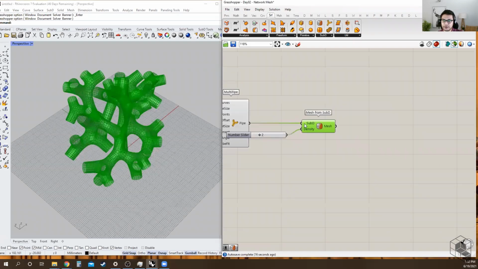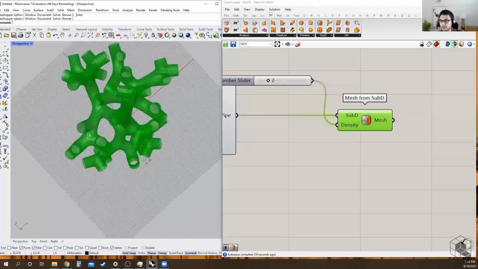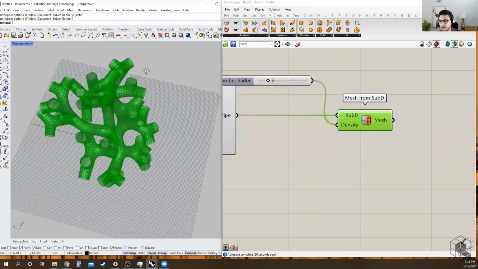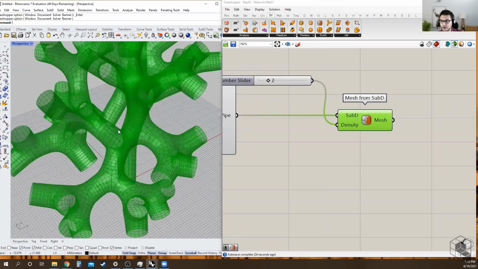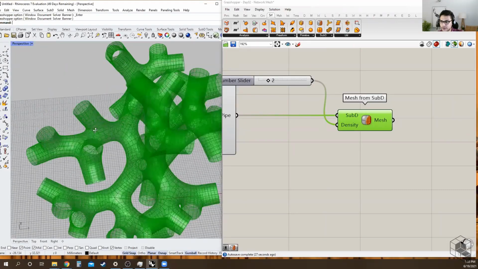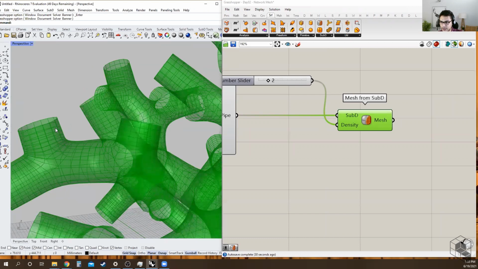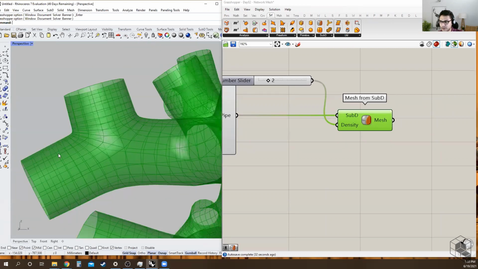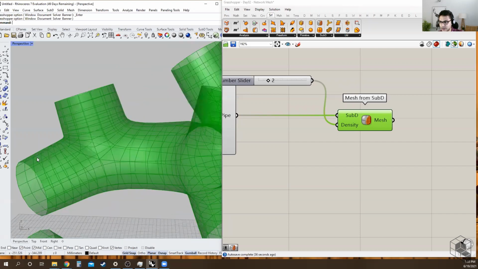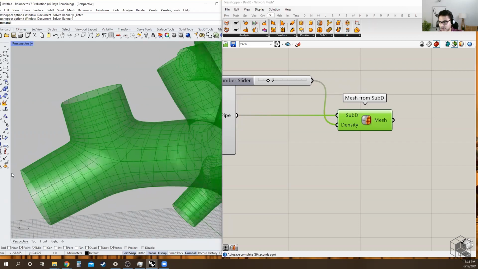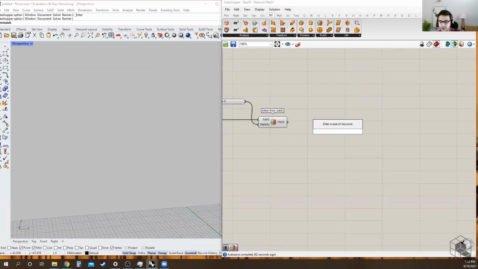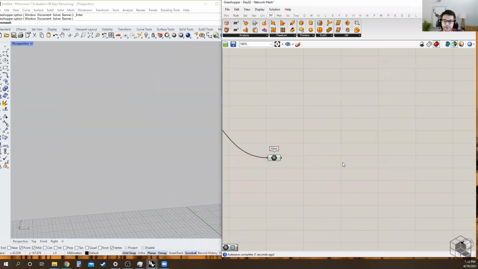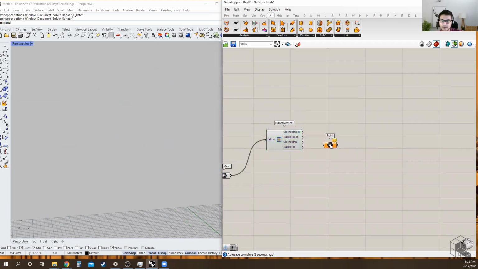Now, once you have this, you may choose to just take this and proceed with this, or what I like to do as an additional step is to anchor the edge points and relax this model further, just so that all these edges, they are not like over here. If you see, this edge seems to be a bit at an angle, at a right angle. It doesn't seem to be flowing. So to get that, what we can do is a simple step where we take this mesh, we just isolate the naked vertices, which are these points,